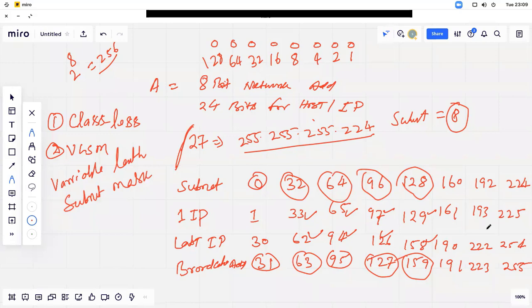Similarly, if you want to check it for 64, 65 is the first IP. So how can you calculate which one will be the last IP? Simple funda: you just add 64 plus 32. That will be 96. From 96 you need to subtract 2, because 2 are reserved in every subnet. Whatever the last IP is, after subtracting 2 from the block size calculation, you will get 94, 126, or 158. And the next one is the broadcast. Then again we'll start from the next values. So this way we are doing this.